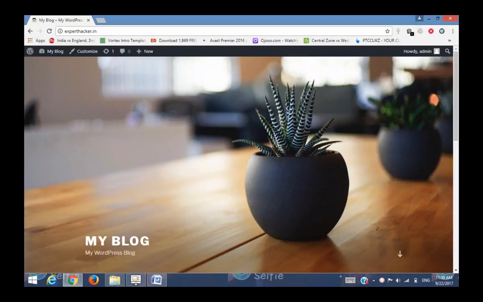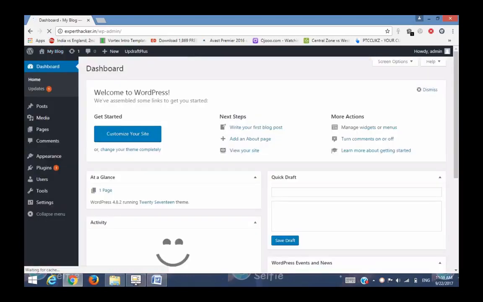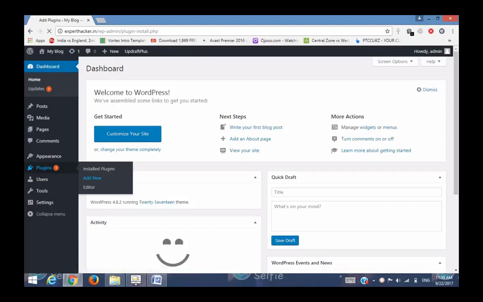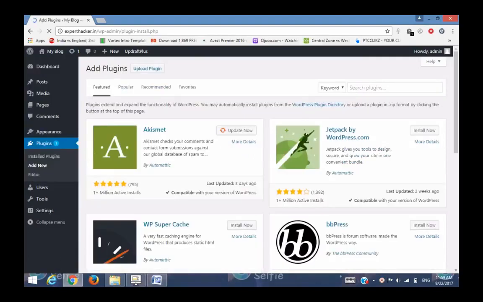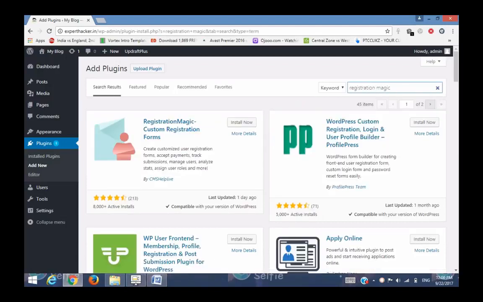Okay, so I go to open my dashboard. Here I am going to add this plugin right now. So here, Plugins and Add New. Here we have to type Registration Magic.